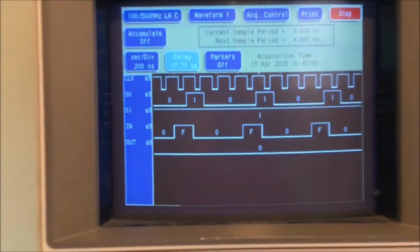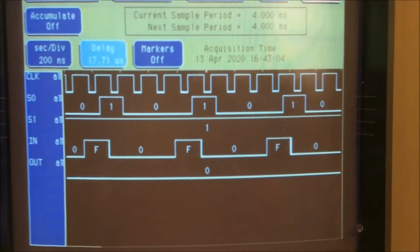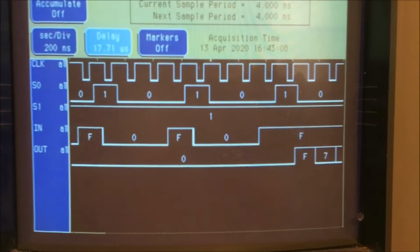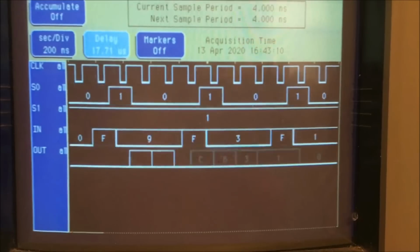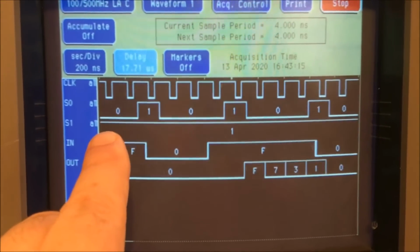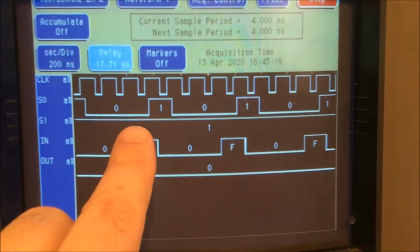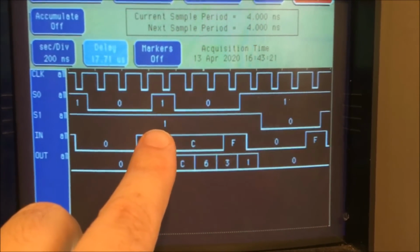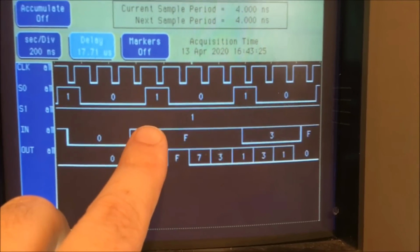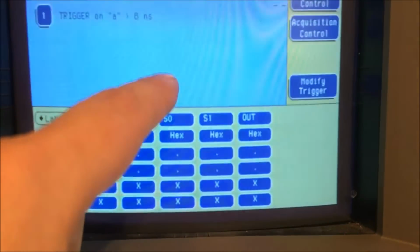Okay, I just got this running freely now with these 194s, and as far as these go, these are working correctly. But the thing that's curious about this is S1 never goes low. So this is only shifting one way all the time, and it might be designed that way. I think I will try to trigger on S1 going low. Let's see if